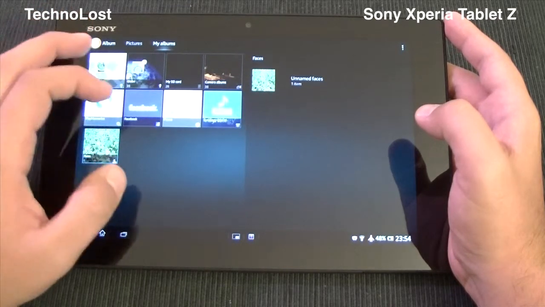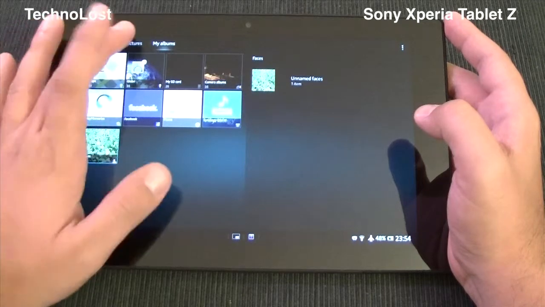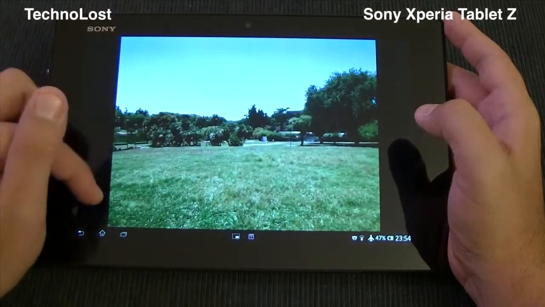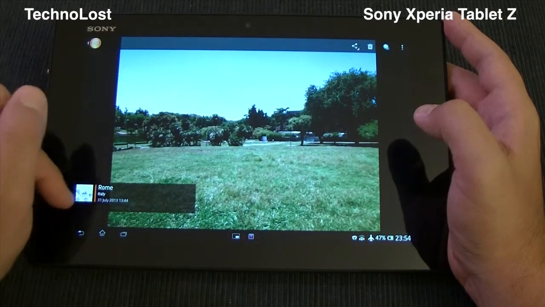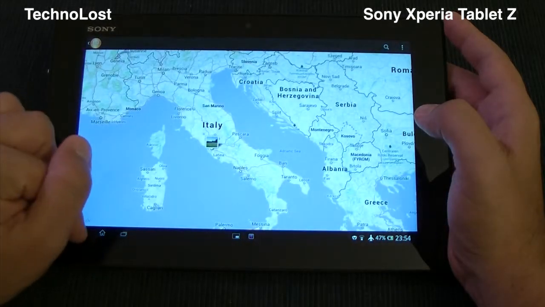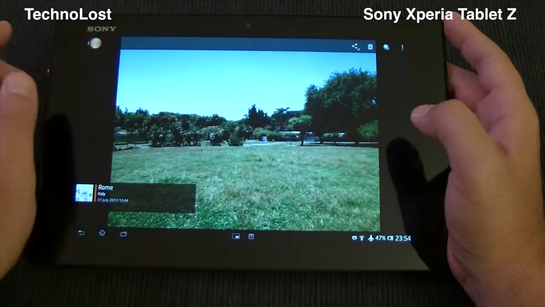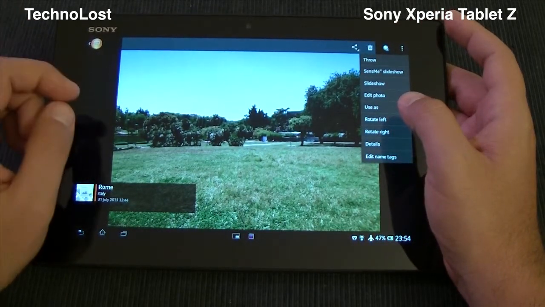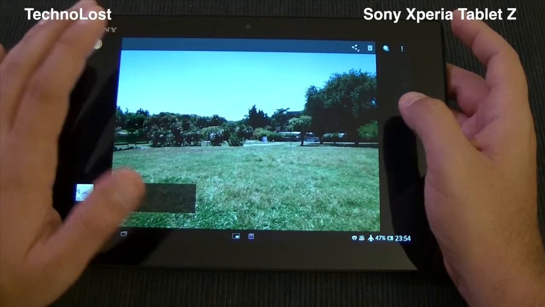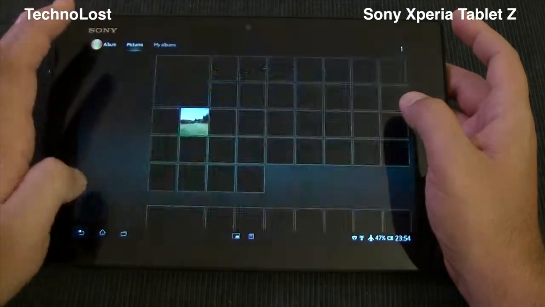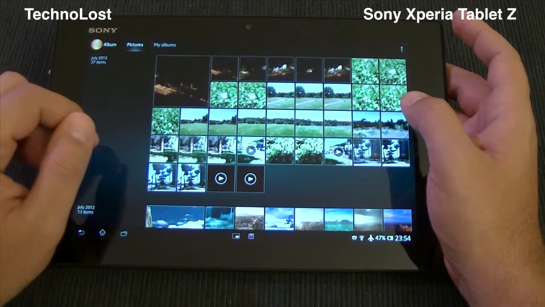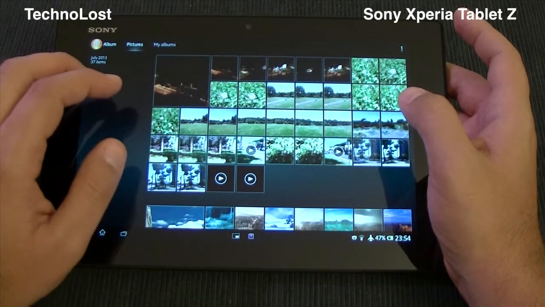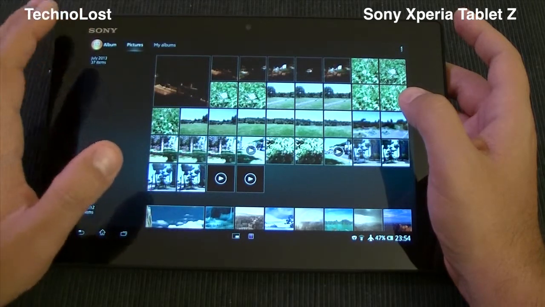So this is more or less the interface of this picture app. Of course, we can always look at the position by just pressing here, okay. And of course we can modify the picture like it's used on Jelly Bean, so nothing really dramatically new here. So now that we saw the camera UI and the gallery interface, we can discuss picture quality